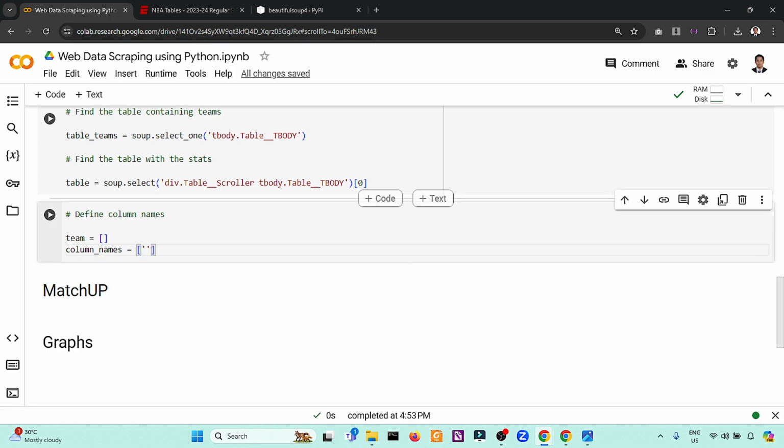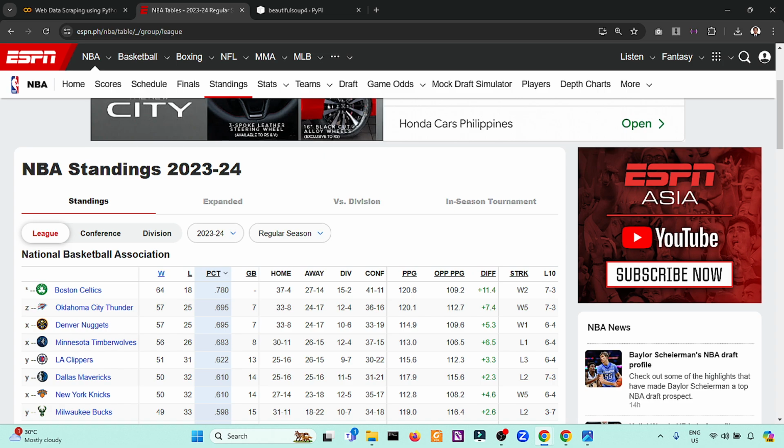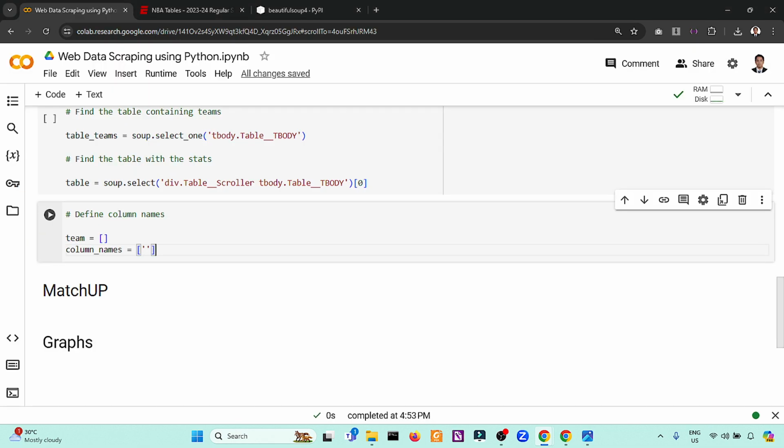Since we are not extracting the column names, we will define this one. I have already defined this one, so it's the same, from winning percentage to last 10 opponents. So I'll just copy this one. So the column names will be this one.